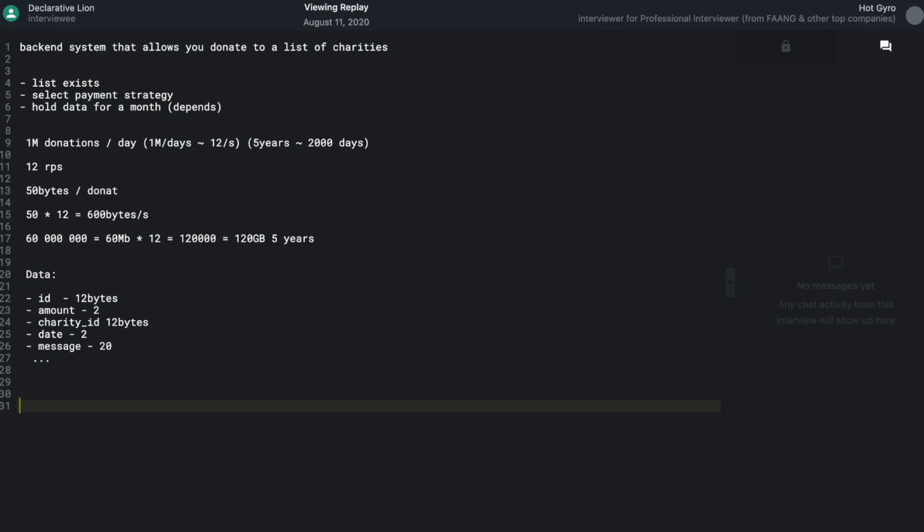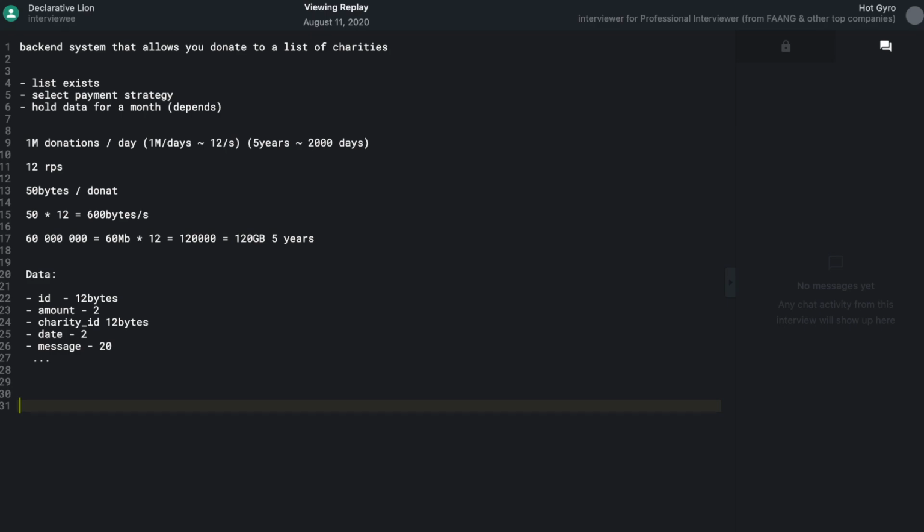Plus, one thing I want to add about scaling globally, probably to reduce the latency, we would put our data centers in different parts of the globe. For example, one in the USA, one in Europe, and one in the Asia region, somewhere in China probably, where we would have the same structure.